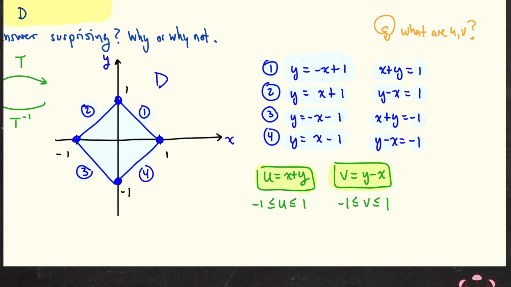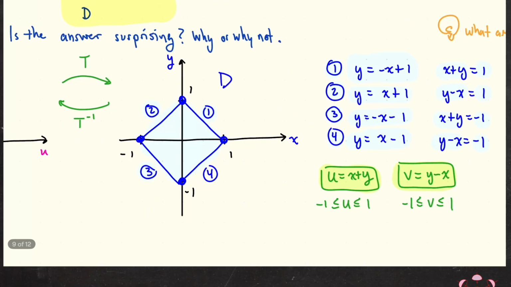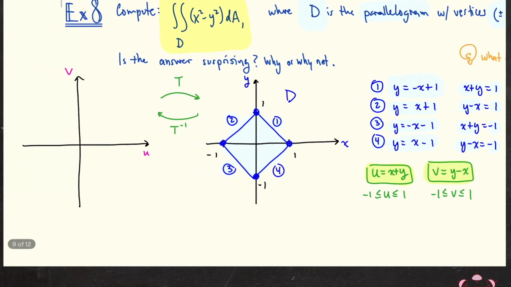But what if I did x minus y? I could have done that for my v, and that's just going to change the direction, essentially, that I'm going through my transformation. Okay, cool. So what we're going to get is basically the transformations in the u and v plane are the straightened out